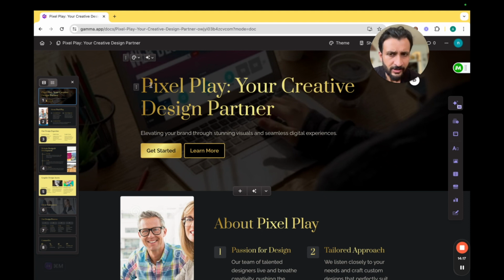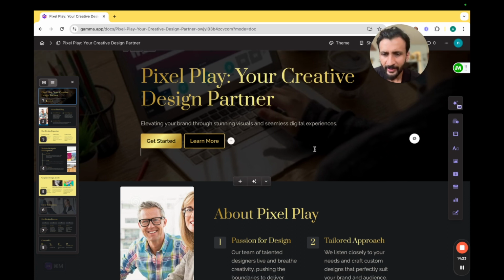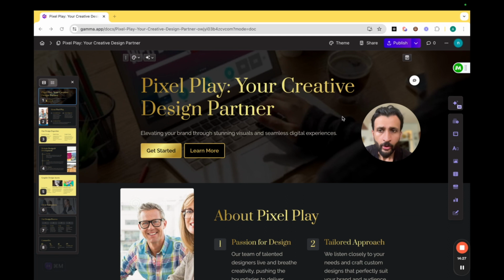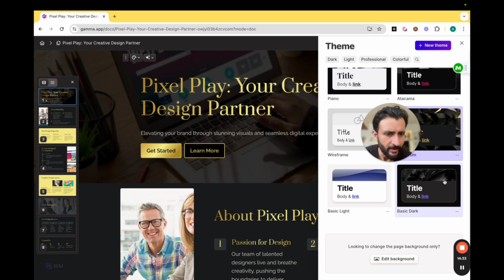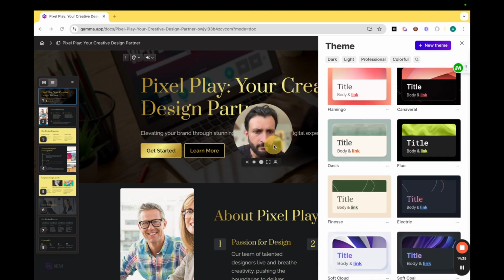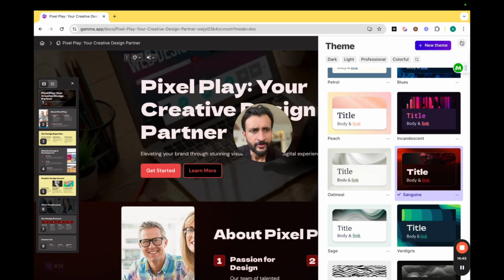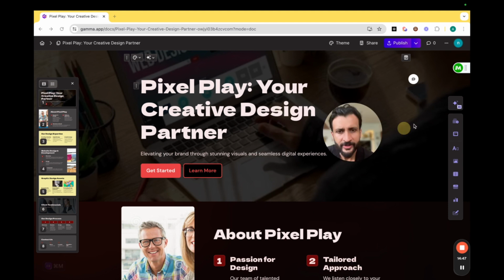So if you spend some time around here, their buttons are really intuitive and easy to use. You can go through everything and start editing various sections as per what you like. You also have the option to change the theme. So just come here and click on theme. Click on edit theme, and here once again this comes up, which will let you select different themes. Maybe this, a bold theme of red and black. So see, it was so easy to change the theme also.